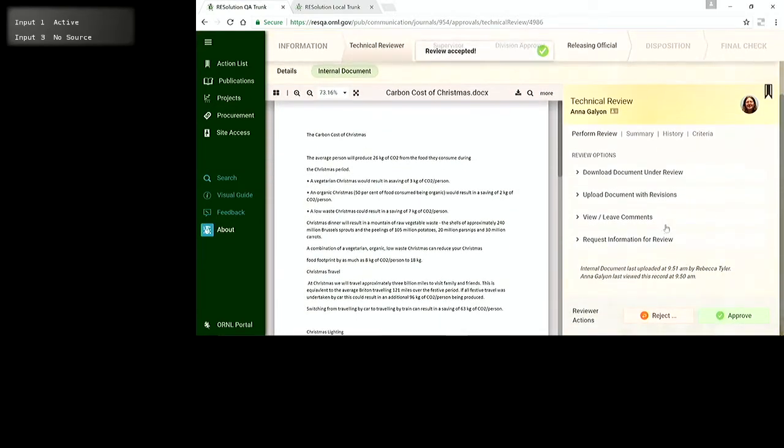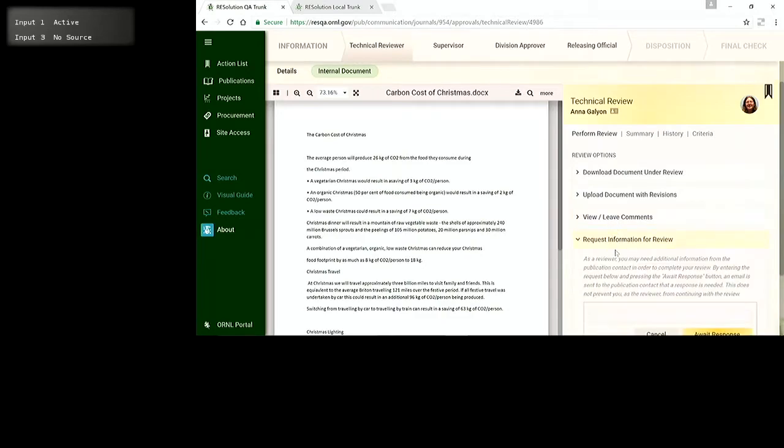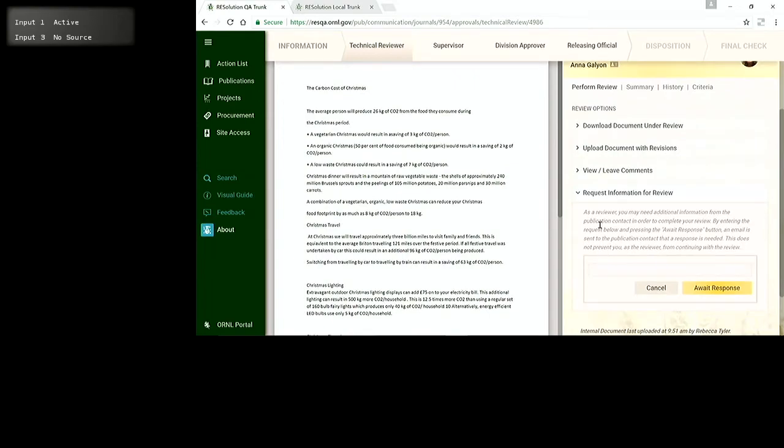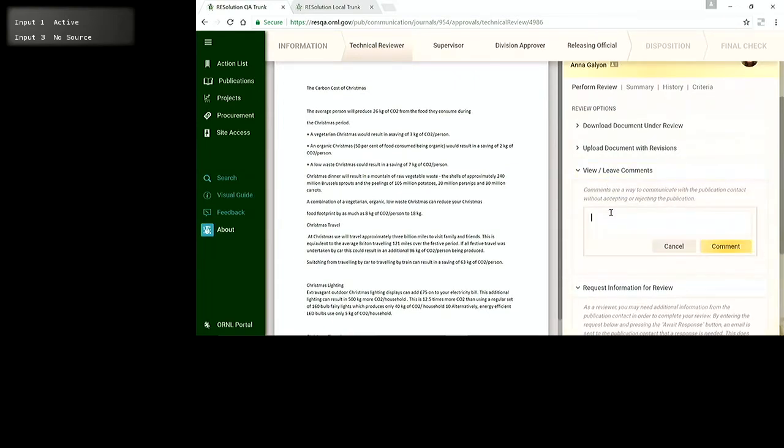Okay. Now, when we go to perform the view, we have several options over here. We can download the document. We can upload a new document with our revisions. We can view and leave comments. And we can also request additional information from the author for review. Now, if you want to view a comment, to leave a comment,